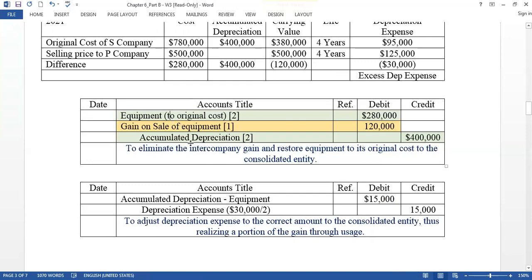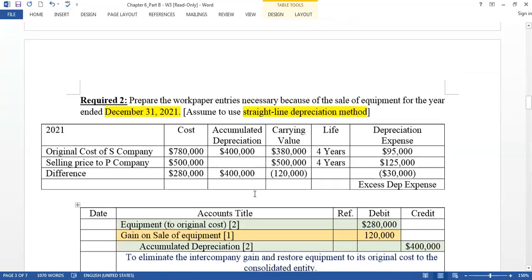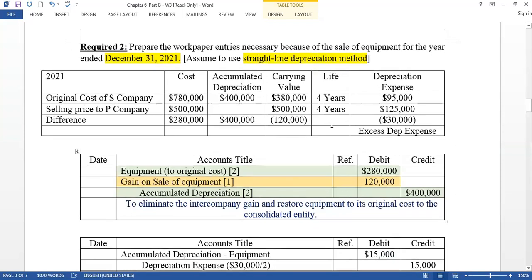So this is done. Now we adjust the differences. Look at here. We adjust this difference, right? And we already close intercompany gain or loss. So up to here, we done everything. Do you understand? According to this table, we adjust our cost. We adjust our accumulated depreciation. We record unrealized gain or loss, and we already close it, right? Now, this is important number